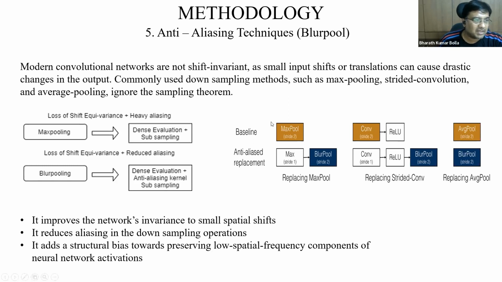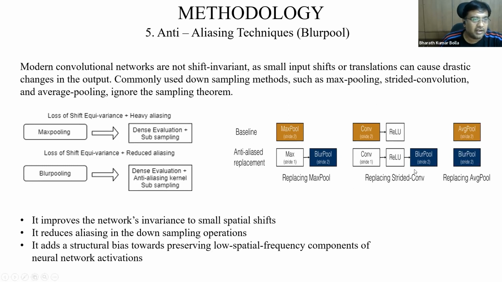So instead of using Maxpool, you can use Blurpool. Blurpool is a recent thing. Instead of directly taking the maximum of all the values, there will be a small neural network here that would optimize how to average it. So that neural network will again get optimized, which will replace the max pool with blur pool.